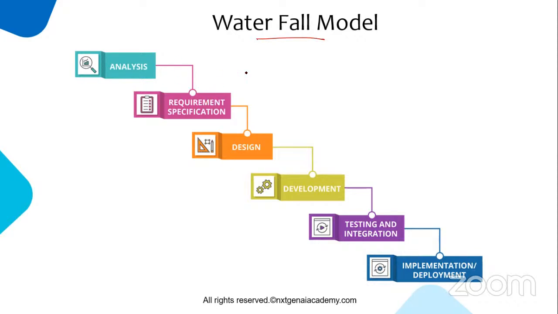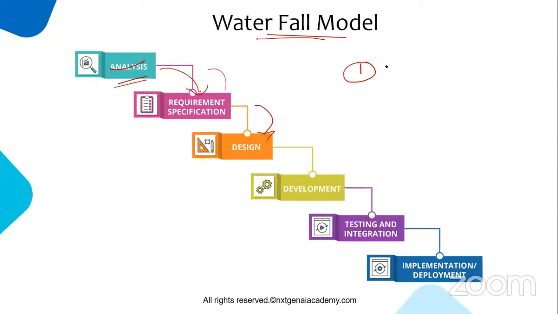One thing about the waterfall model is it looks like a waterfall, so we call it a waterfall model. Until we complete one phase, we can't move on to the other phase. That's the main point about the waterfall model. You must complete one phase, then you have to go for another phase. So what is the biggest